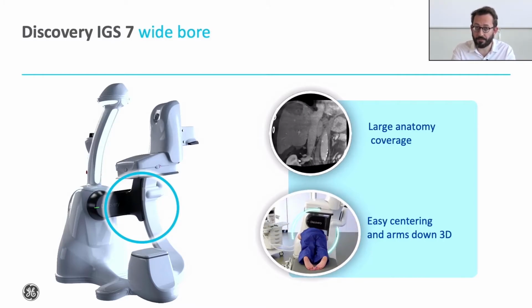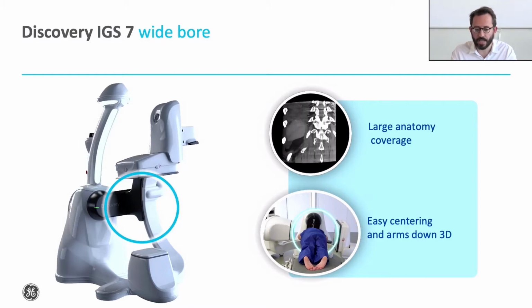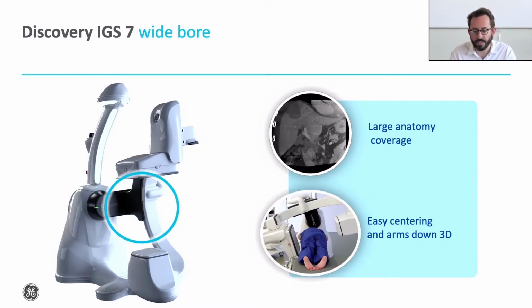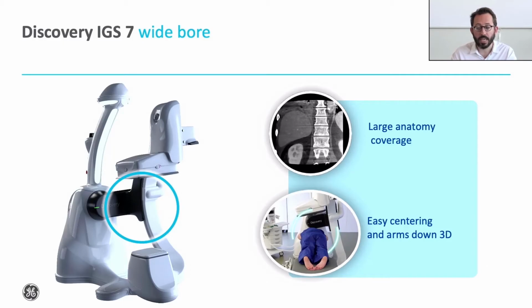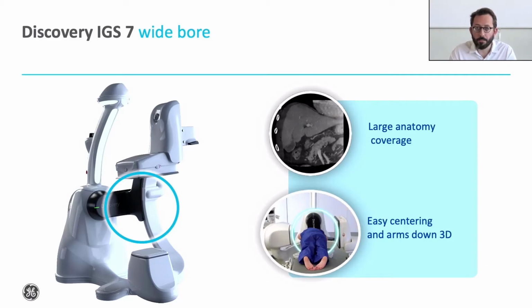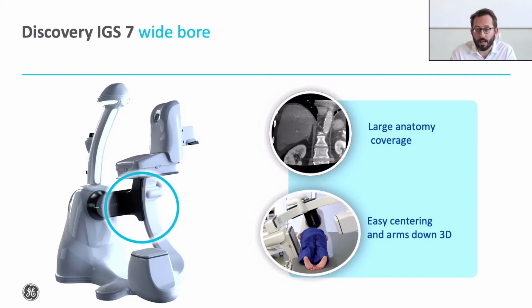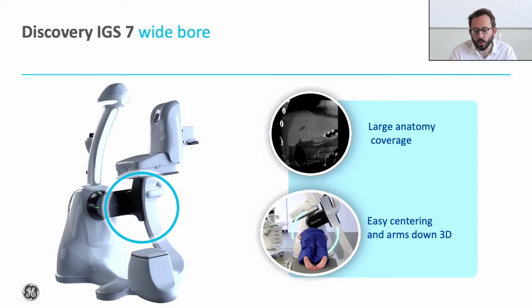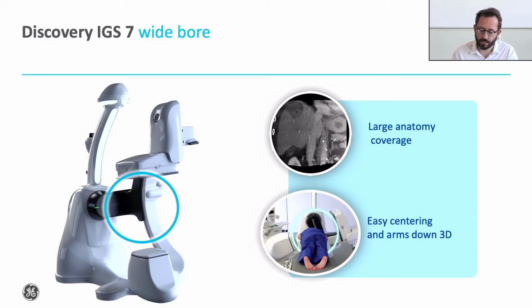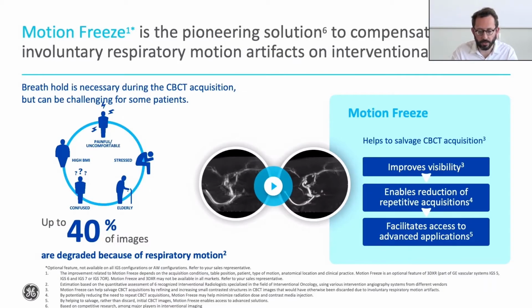But even if the patient is easily centered and the rotation of the arm is easy and you get very nice images, if there are motion artifacts, you will not be capable of using those very nice imaging data for your treatments. And it is estimated that maybe up to 40% of CBCT are somehow degraded by motion artifacts, because